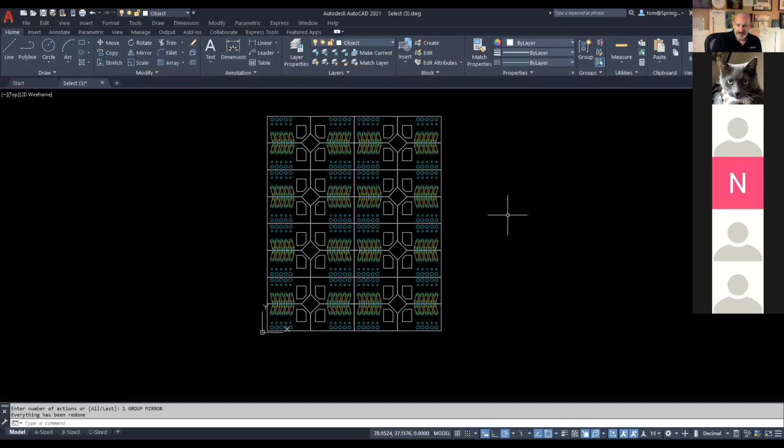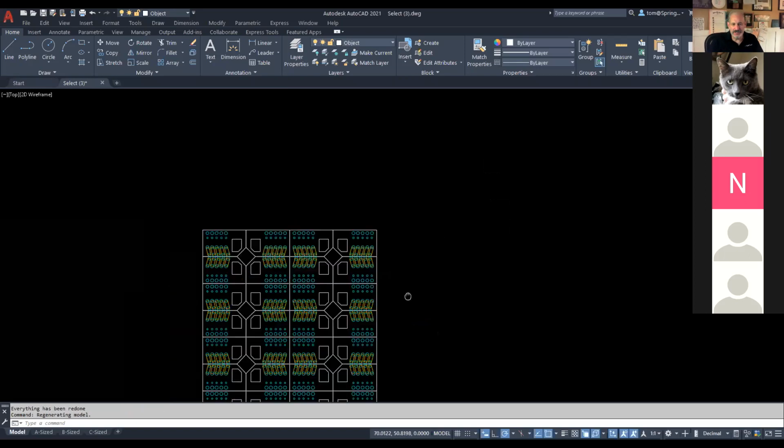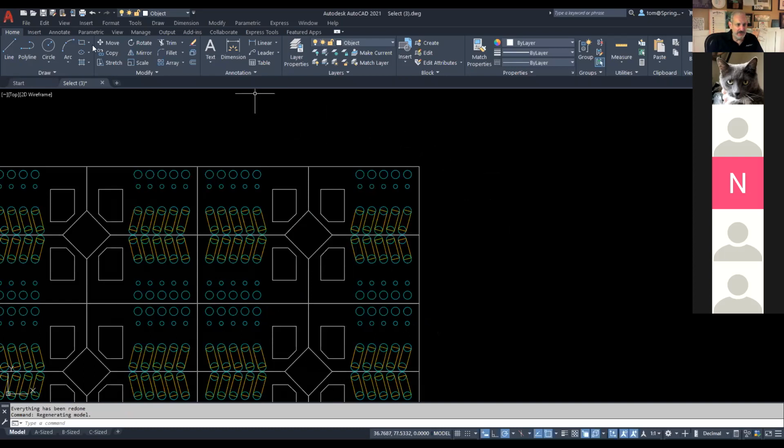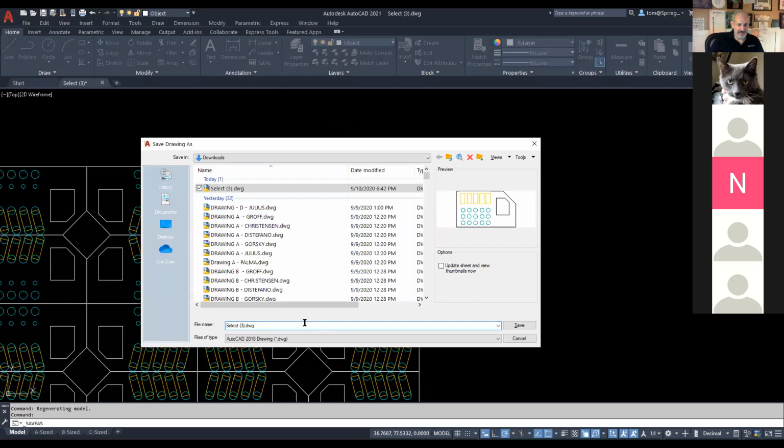I am actually stuck for a second. When it comes to the rotate, every time I right click, it seems to have an issue. So I'd rather just click on the icons. So I have one rotated and the rest not. Okay, well, let's go ahead and do this. Let me do this. I'm going to save this as select